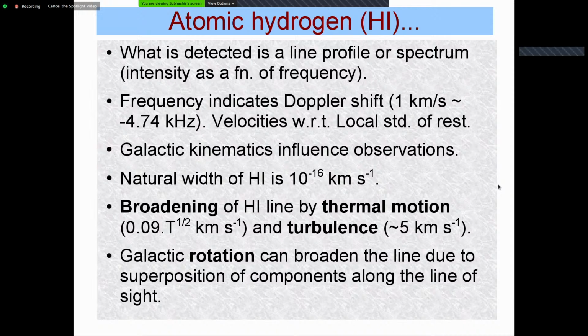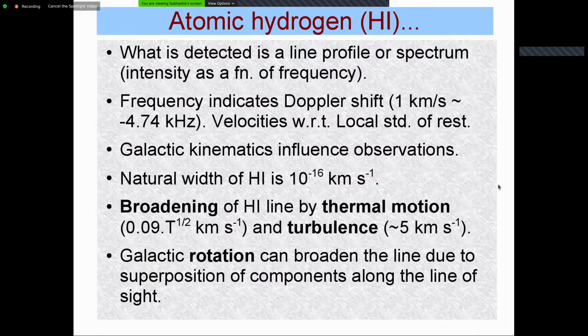and this gives you about 10 to the minus 16 kilometer per second. Now this is very very small. You are not going to measure it at all. Now why do we then see a line width which is typically much higher, maybe of the order of